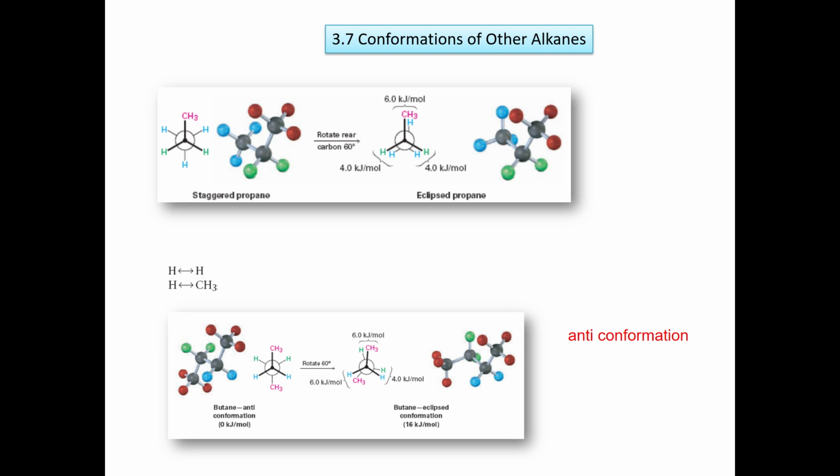In this position, obviously, is the position that presents less steric hindrance, because the two big groups are as far away as possible. This will be the least energetic, the most stable conformation. It will be a minimum, but this minimum will be the lowest minimum. I mean, the minimum with the lowest energy.